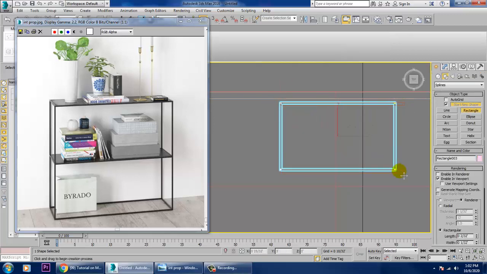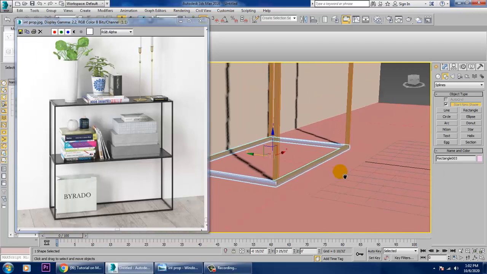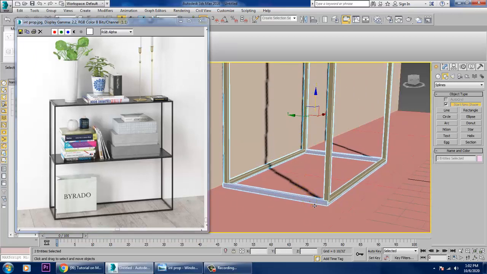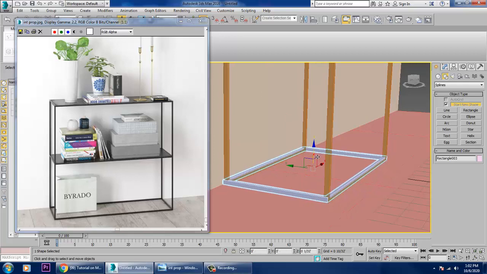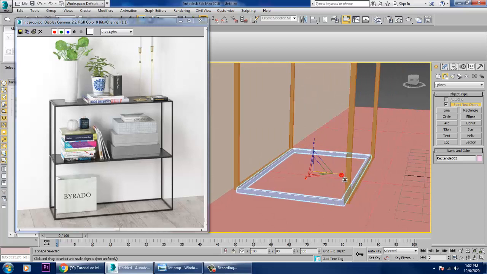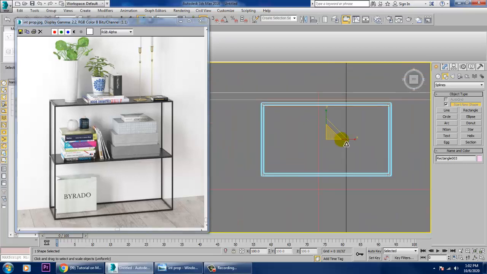Select this and push it up in this way. We can just scale it, or whatever you want to do with it, you can go with that.